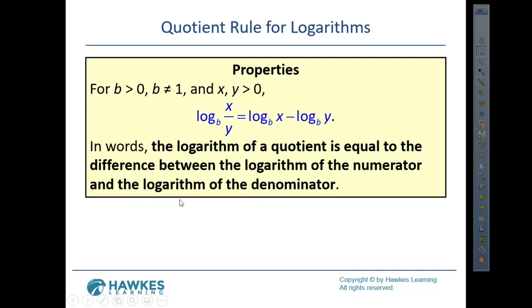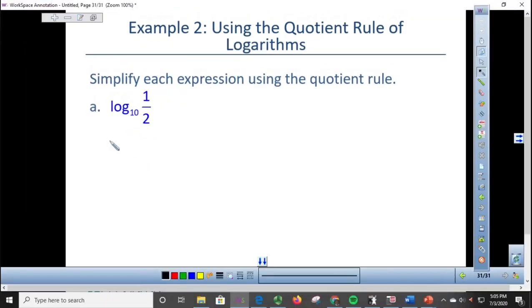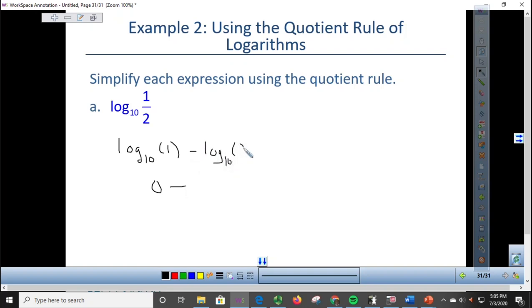And so if we start off with log base 10 of 1 over 2, if I follow my properties from the last chapter, log base 10 of 1 is what? Log base 10 of 1 is 0, right? Because 10 to the 0 power gives me 1, minus the log base 10 of 2, which we just said,